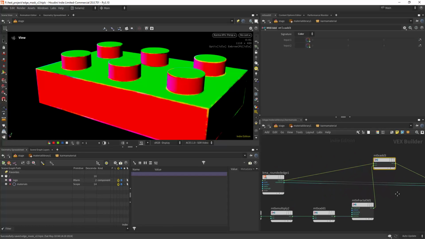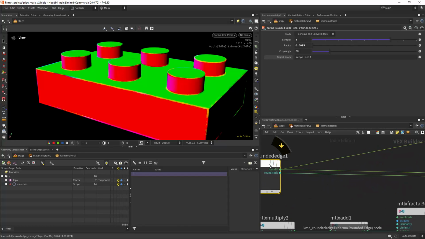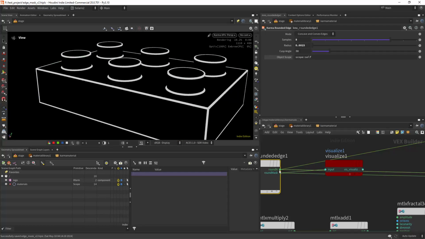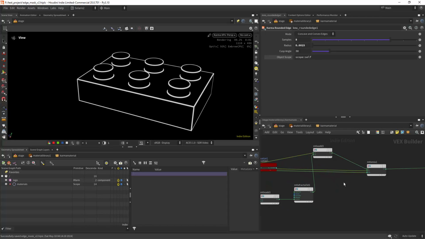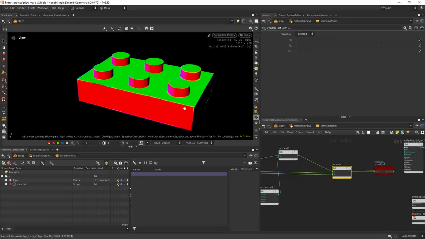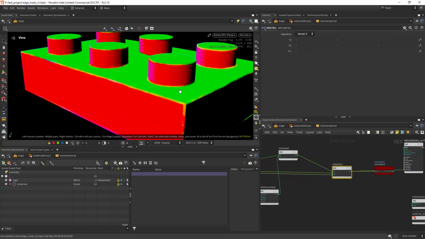And as a mixing factor I'm using the second output of this node, which is this round mask. So pretty easy to understand, I believe. And this is the final normals,